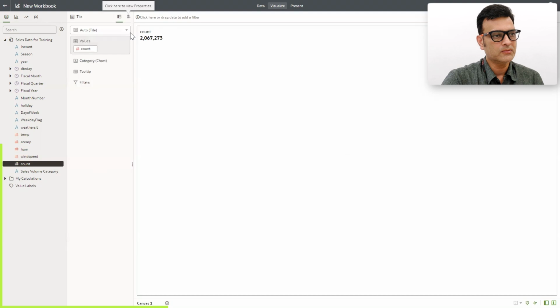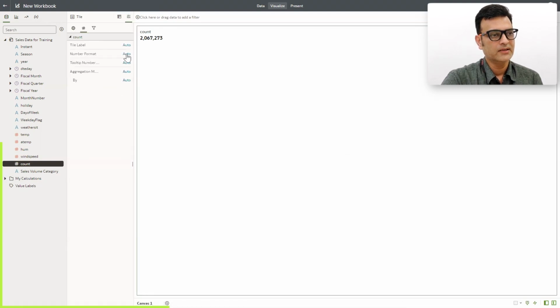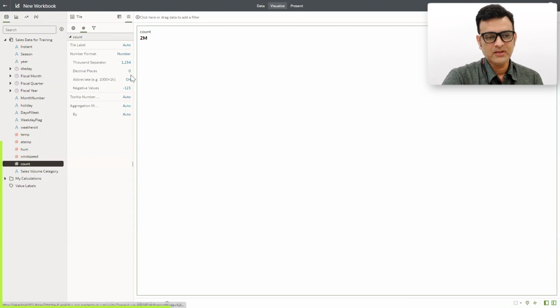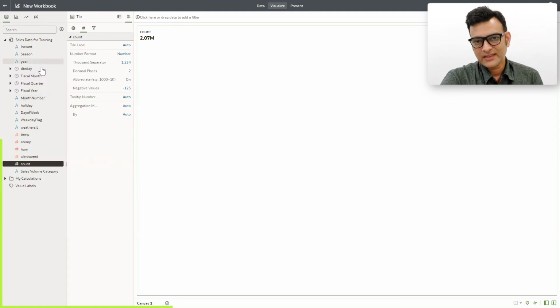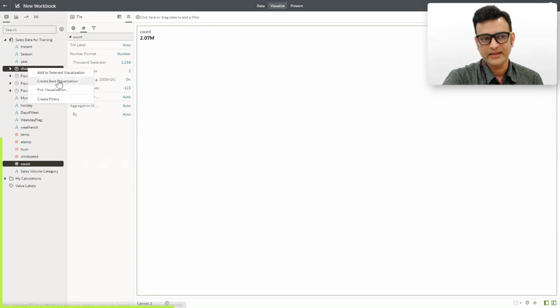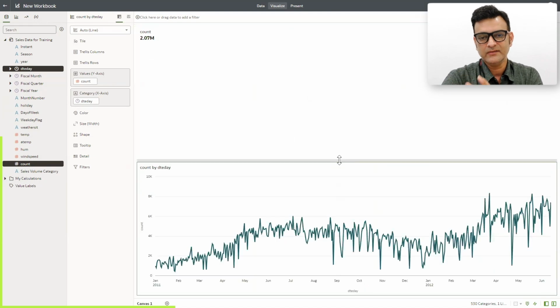And then say I want to do the sales by date. I'll say create best visualization. Now, as a visualization for time kind of things, a line graph is the best. To this, I would like to add some advanced functions like a trend line or forecast. I can add a trend line. Once I add a trend line, I can see that it's a sloping upwards trend line, which is good.